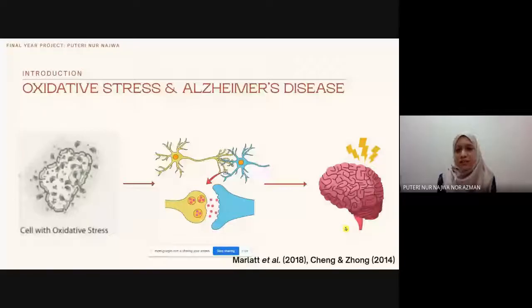When a cell, in this case neurons, are under oxidative stress, it will impede their basic functions. Hence, with the loss of basic functions of neurons coupled with the deficit levels of acetylcholine, it will lead to cognitive decline and other symptoms of Alzheimer's disease. Not to forget that the current frontline drugs that are used for AD treatment have several side effects. One of them would be gastrointestinal discomfort. That is why these days scientists are looking for safer alternatives for AD treatment in plants.